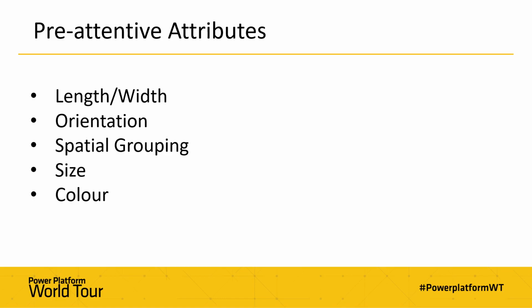And use things like gradients. So use red to green, or a different RAG scale to show values progressively from high to low. And also make sure you use color consistently. If you're using colors for categories, then make sure if a category is represented in purple in one graph, it's also purple in the next graph, because people make those associations. So hopefully that gives you